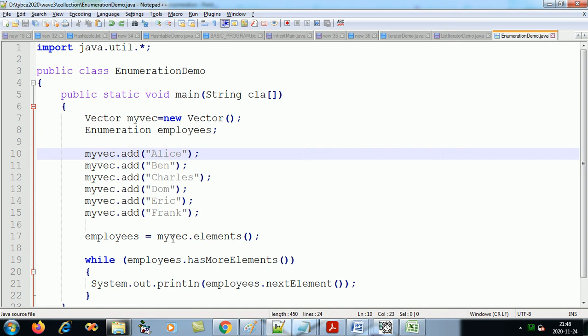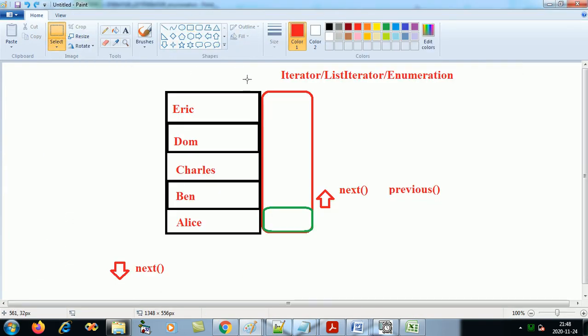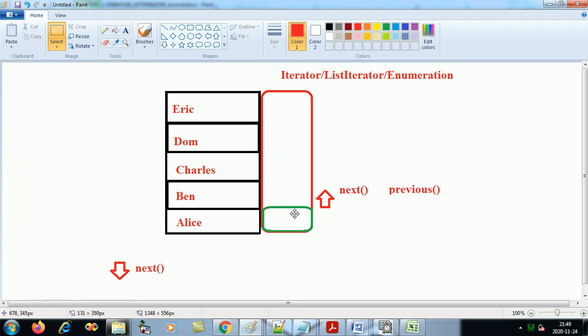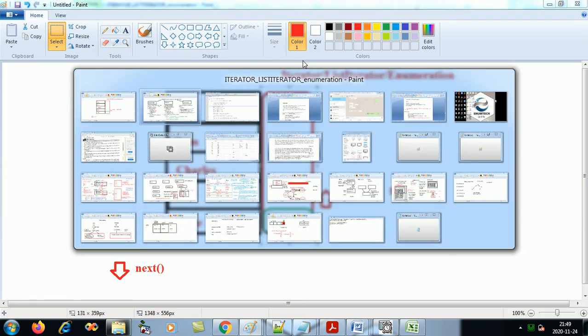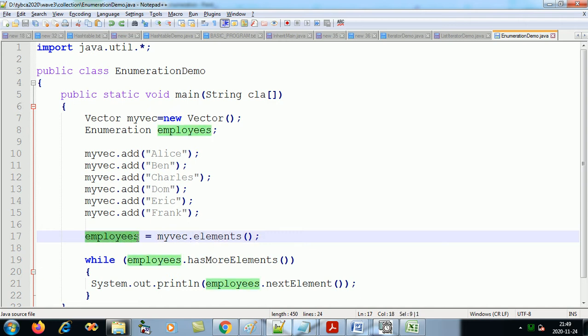Okay, now if I want to add this lift to the building, so now as mentioned, there are two different entities. So this is the elevator and this is the building. They are two different entities. So now if you want to add this enumeration to this collection, so we have, this is the collection name dot elements. So we'll fetch all the elements of this in this employees enumeration.